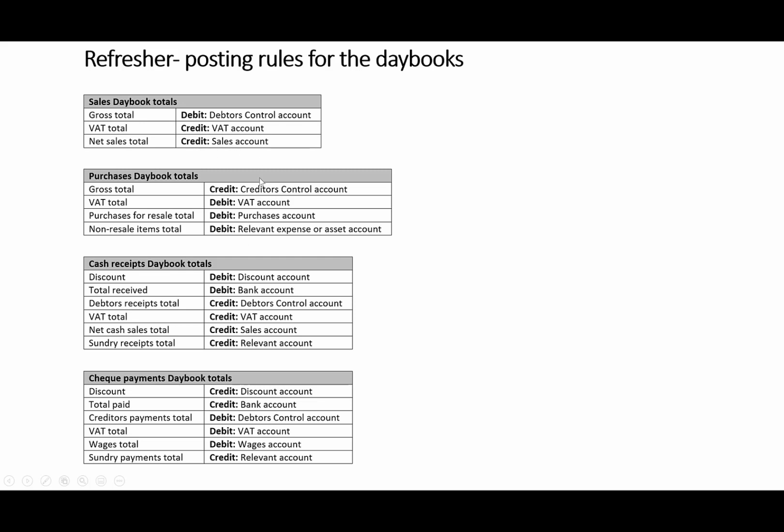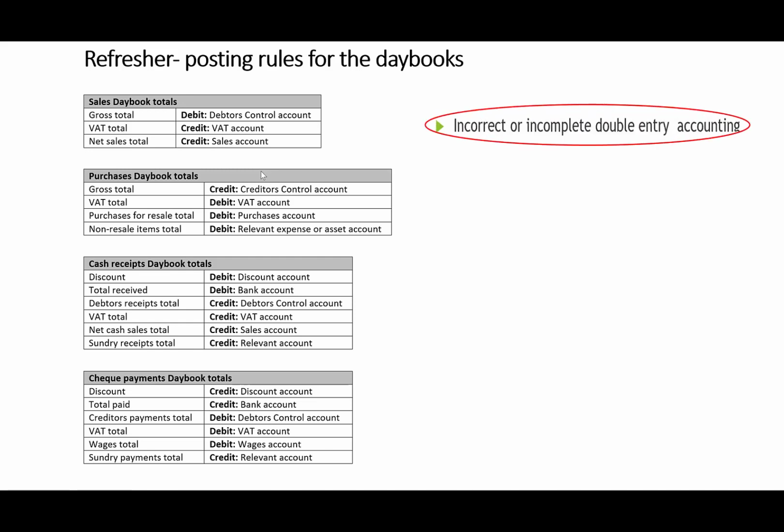Now there's a whole lot of debits and credits there, and this is where errors can occur. You may recall that one of the triggers for the suspense is that you could have incorrect or incomplete double entry accounting. So this is the double entry accounting rules for each separate day book. So if you don't follow these exactly when you're doing your postings, you will have incorrect or incomplete double entry